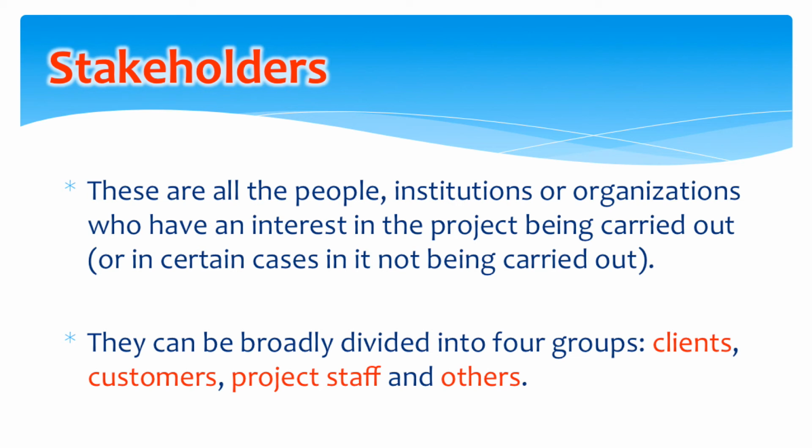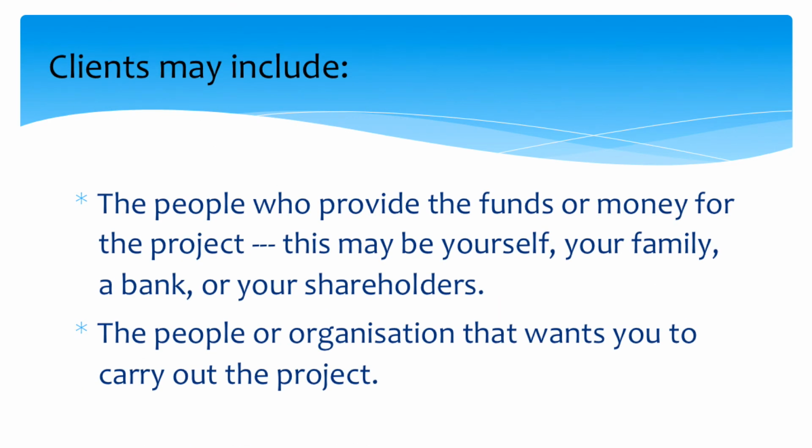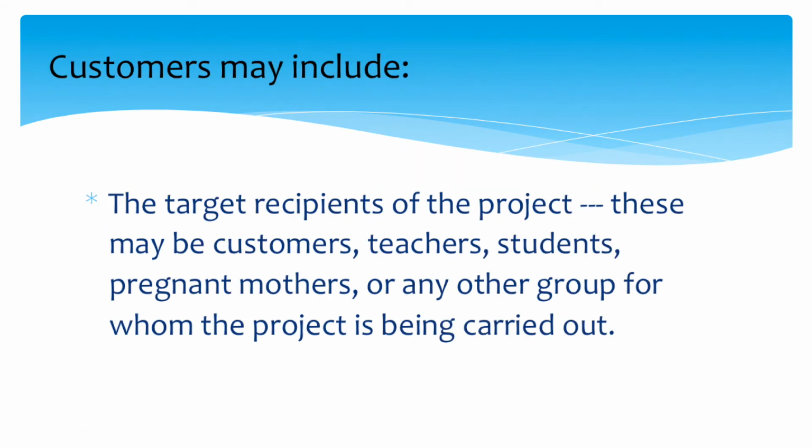有客户，还有顾客，项目执行的人员，还有其他一些因素。我们来分别看一下。Clients may include 客户一般是 the people who provide the funds or money for the project. This may be yourself, your family, a bank, or your shareholders. 是为你的项目提供资金的人，可以是你自己、你的家庭、一个银行，或者是持你公司股票的人。他们是客户，也就是你挣钱了，他们才能挣钱。当然包括你自己了。The people or organization that wants you to carry out the project. 还有一些是希望你进行这个项目、希望你项目成功的人或机构，他们可能不直接从你项目里挣到钱，但是可能有其他的好处或者社会效益。